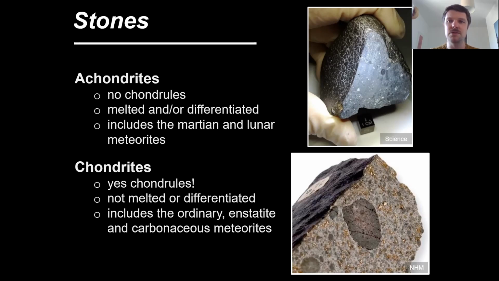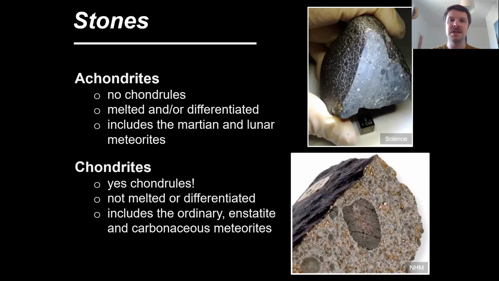And then we have the chondrites. Most of our meteorites, about 60-odd thousand meteorites, nearly all of them are chondrites. These do contain chondrules, that's where the name comes from. These are the samples that haven't been melted, they haven't come from bodies that underwent differentiation. Some of them got heated up a little bit, but those temperatures weren't high enough to actually melt those rocks. And this is really important because melting homogenizes and reprocesses all the materials that were originally